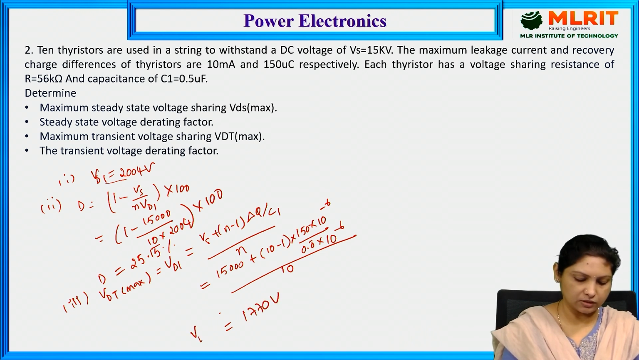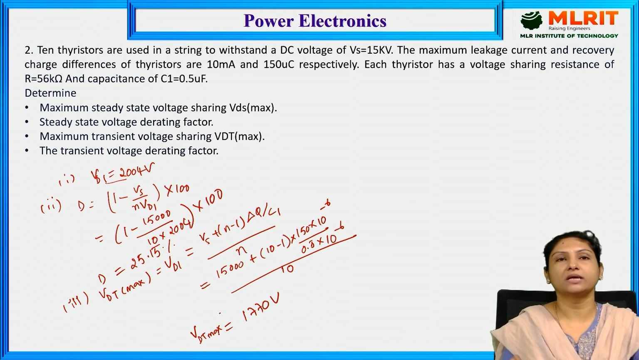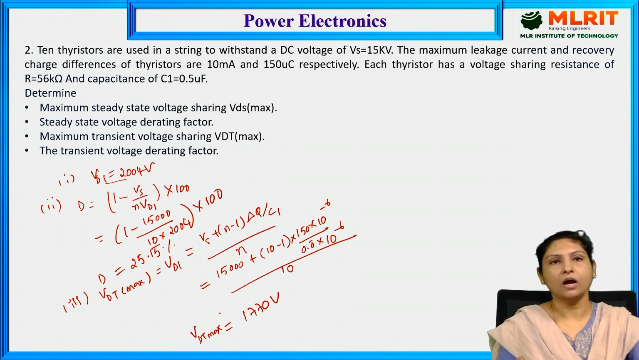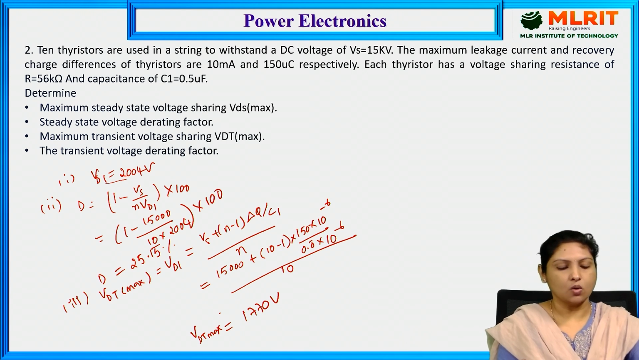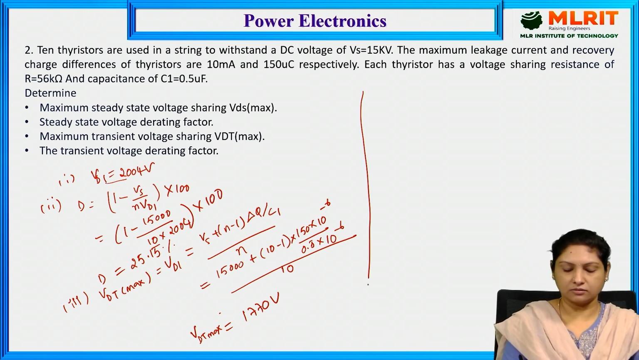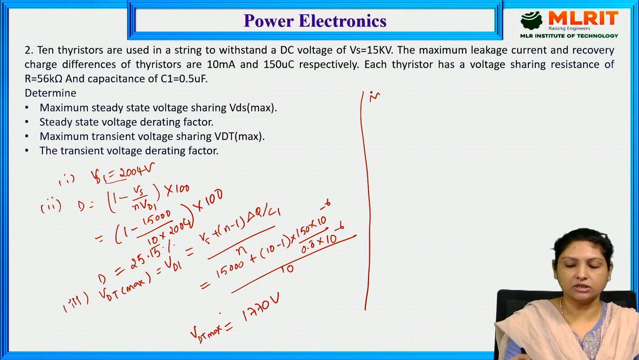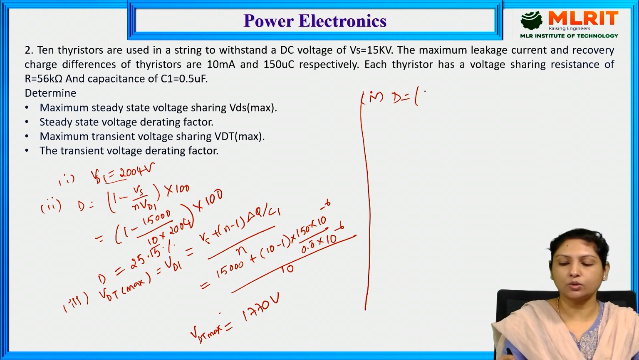This is nothing but your VDT maximum or VD1, transient voltage sharing. Similarly, we need to find out the transient voltage derating factor. Transient voltage derating factor is given by D, where D is equal to 1 minus string efficiency, where string efficiency is Vs by N into VD1 into 100,